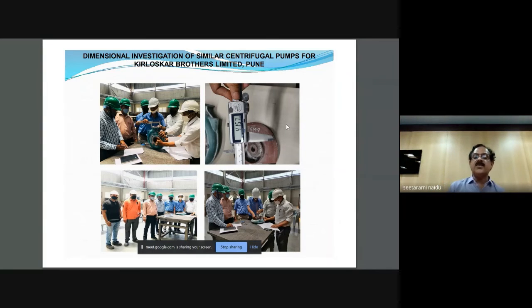So they wanted to have an investigation with actual verification of dimensions, whether the many models or specimens with this kind of specification available in the market are really of their manufacturing or some other branch. So we found that it is very similar, but the pump is not theirs. So this is a marketing duplication. You can say that the investigation is being done now.